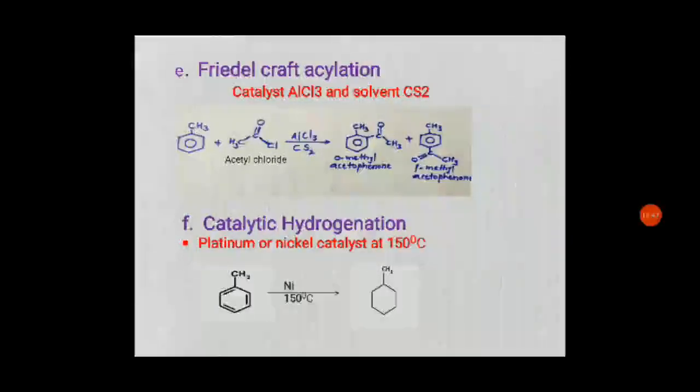Acyl is the general name, acetyl is CH3CO. When we take R as CH3 instead of R, then it becomes acetyl. So it is acetyl chloride. Which is the acetyl group? CH3C double bond O. It is an acetyl group and it is a chloride. The same thing, this reaction is carried out in presence of the catalyst anhydrous AlCl3. Here we can use the solvent CS2, that is carbon disulfide. It is a solvent. So when this toluene is treated